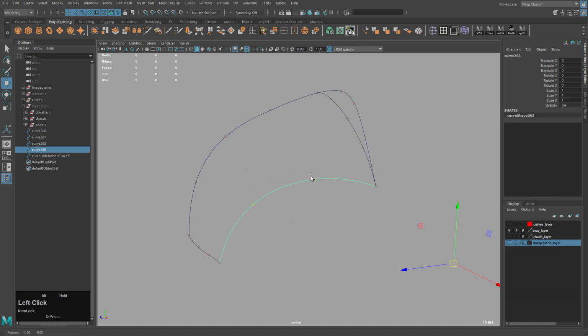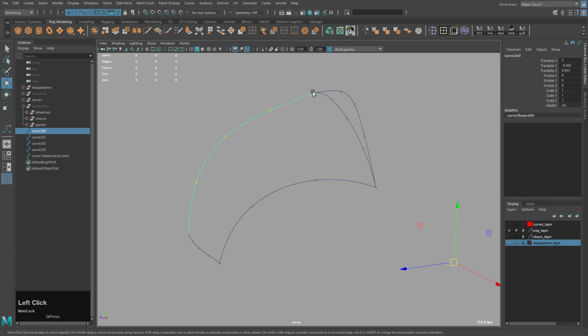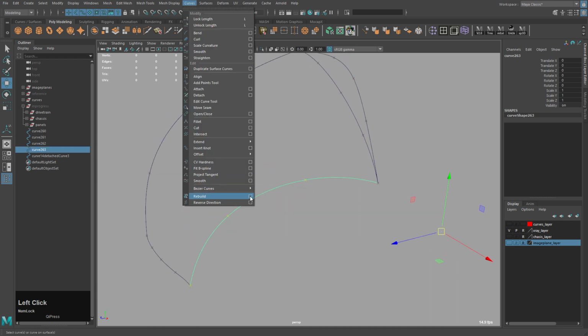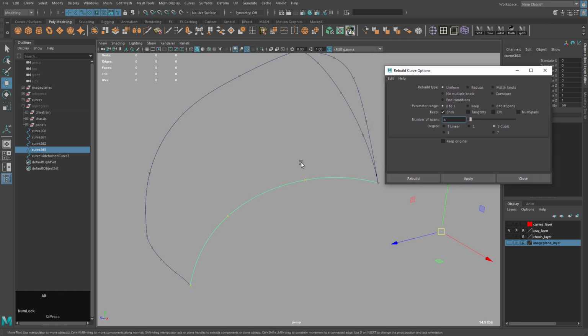Now the reason I like to do this is because the distance from this edit point to this one could be different than from this one to this one. So even though we have different edit point numbers and you can still do a bi-rail, it can sometimes get skewed if you don't have even distribution. We can see that here the distribution is even. I'm not sure about this one because I cut this curve, this one I made. So to do this we need to rebuild the curve.